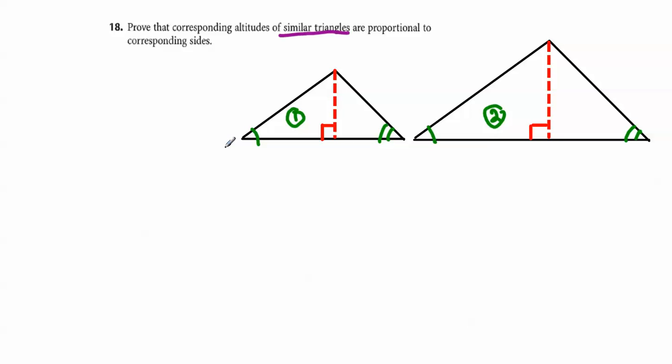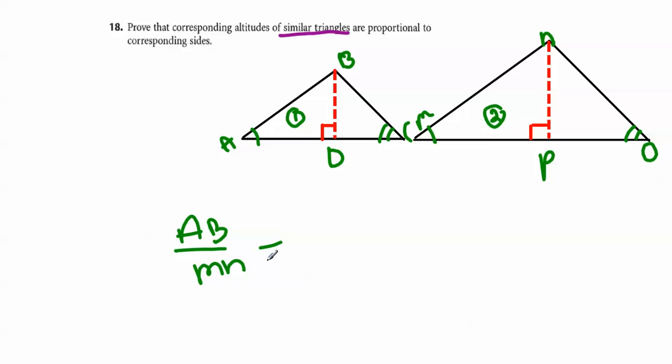So if we want to do this, A, B, C and D, and then M, N, O, P. Alrighty. So I know that given similar triangles, I can do AB over MN is equal to BD over NP,